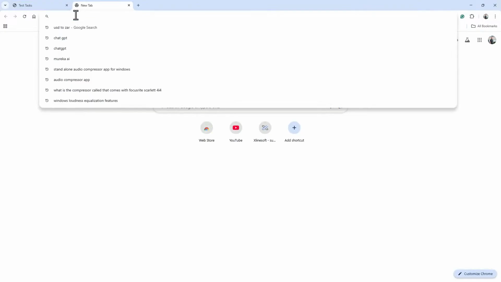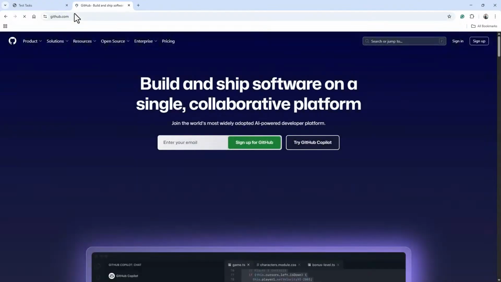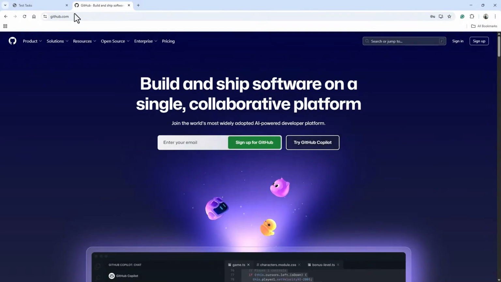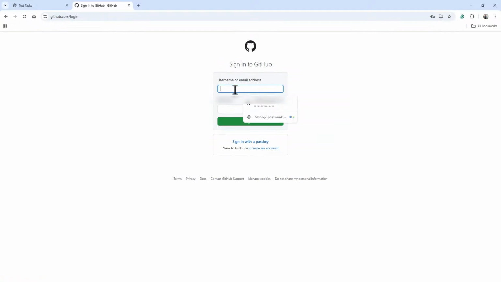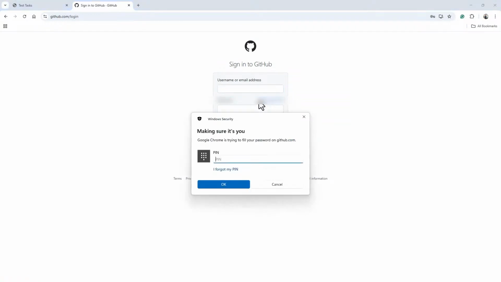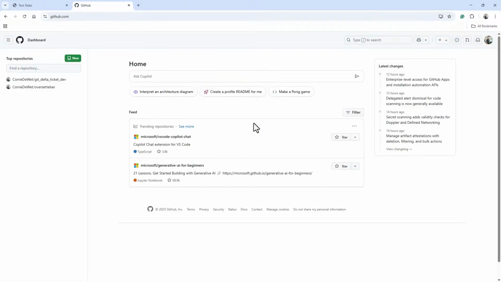Okay, I'm going to open up a new tab here on my browser, and I will go to github.com. Now Git and GitHub is not the same thing. I will explain that later. I'm going to sign on here as my own profile, as I already have a profile. So I'll just block out the important information here, and I'm going to sign in. Now you will see that you don't see much really.